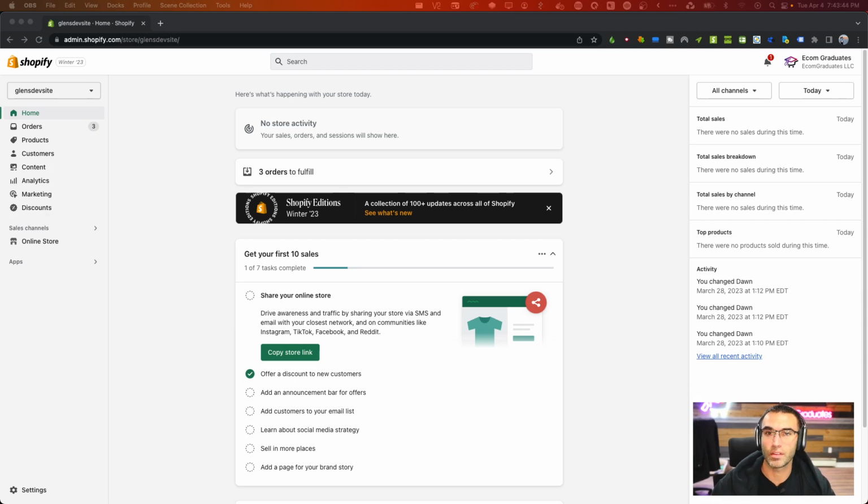Welcome back, graduates. Today I'm going to be showing you how to create a private app. There are certain situations where you're going to need to generate a private app and get an access token. So follow along. And also, if you guys are using our theme migration tool for Ecomify Theme, this tutorial is